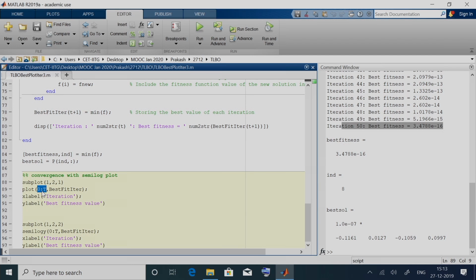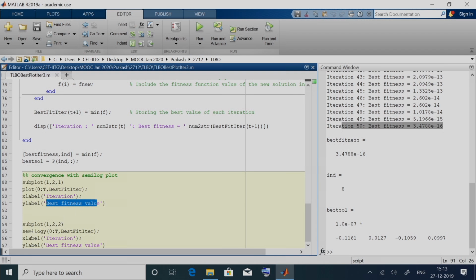We may not know what was the best solution in the initial population, even before we began TLBO. That is why we include this 0, and best fit iter, as we know, has the best fitness function value in every iteration. Then we add x label and y label. X label is iteration and y label is best fitness value.